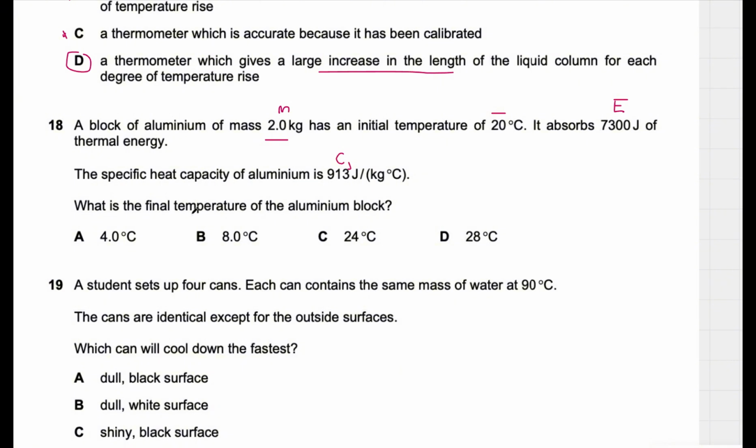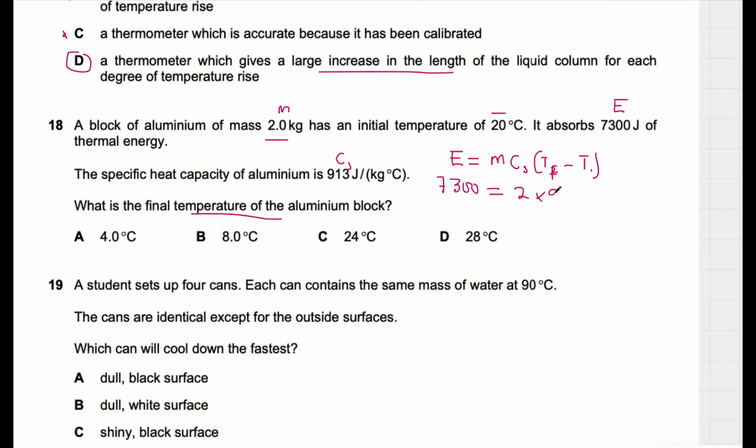You see they are asking for the final temperature. So you put down your formula. Thermal energy is equal to mass multiplied by specific heat capacity times the change in temperature, T2 minus T1. In this case, because they are asking for the final temperature, I can use TF for final instead of T2, minus the initial temperature. Energy has been given as 7,300 joules, equal to the mass, which is 2, times the specific heat capacity,